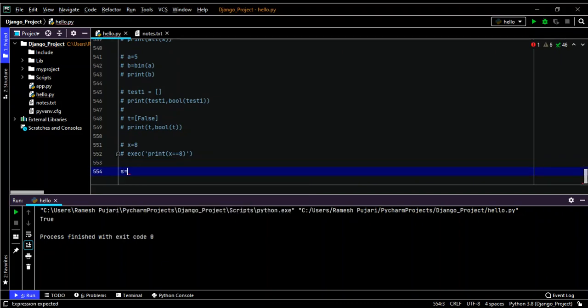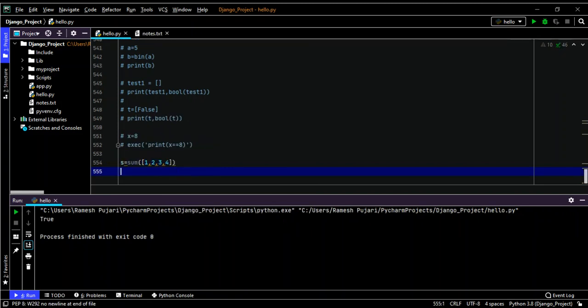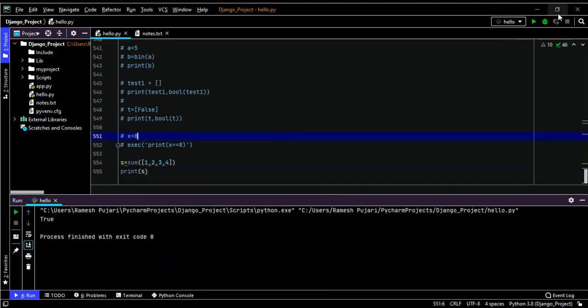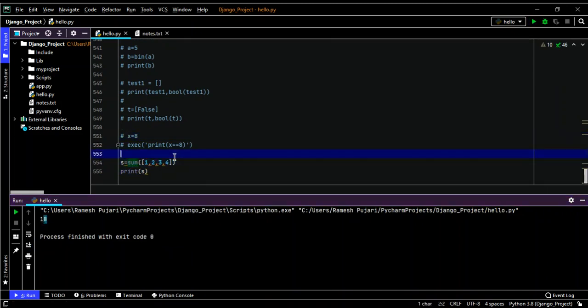So s is equal to sum of this list 1, 2, 3, 4. So I will print the s variable. So now the output I get is 10. See, this is the usage of sum functions.